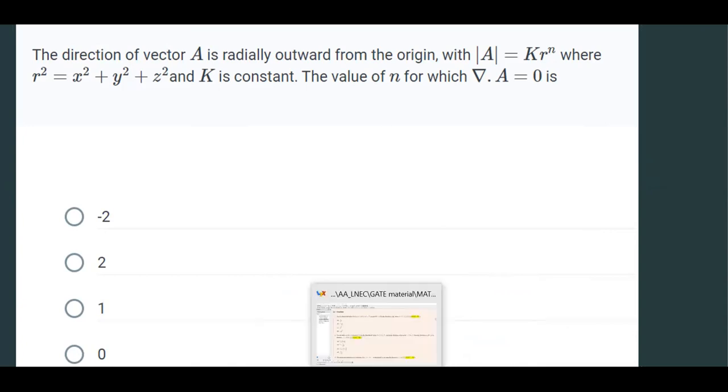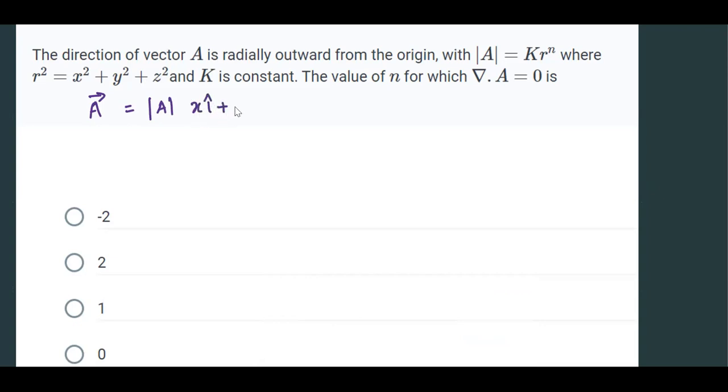Okay, I'll do this problem. It is a little involved. The direction of vector A is radially outward, and its magnitude is this. So this vector A will be the modulus of A times (xi + yj + zk). A radially outward vector means this divided by its modulus. This is a unit vector. So we get this as